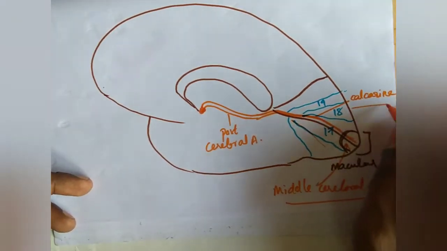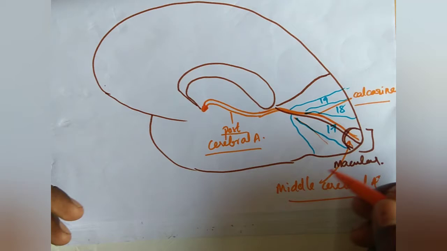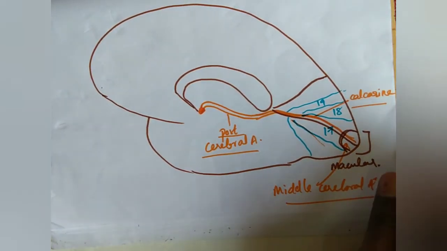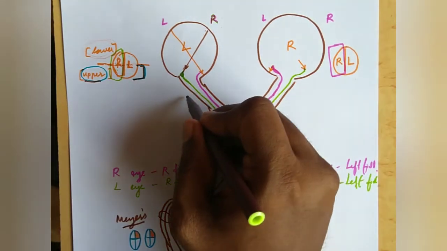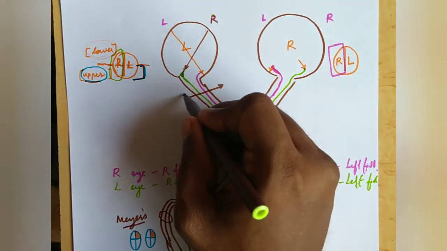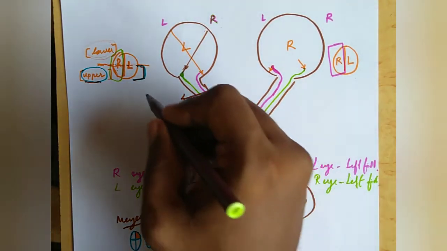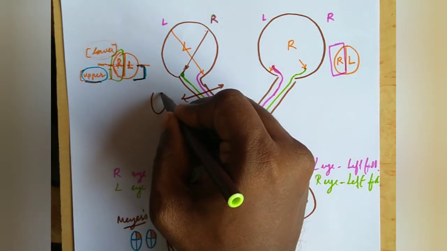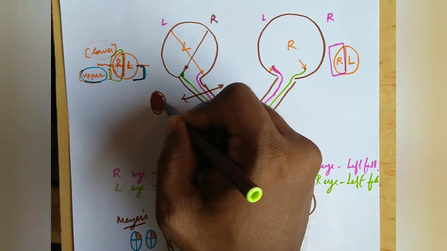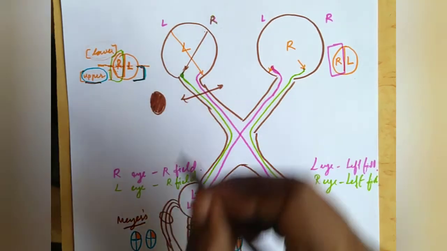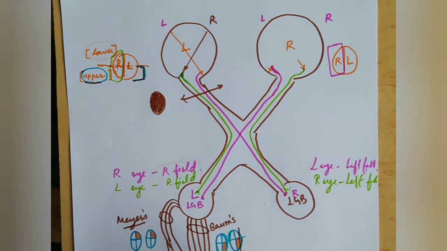So this also we should remember while we are studying about the lesions. Okay. Now we will talk about the lesions. Now coming to lesion, when there is a damage to the optic nerve, there is a complete loss of vision to that particular eye. Complete loss of vision. Okay, that is the first type of lesion.